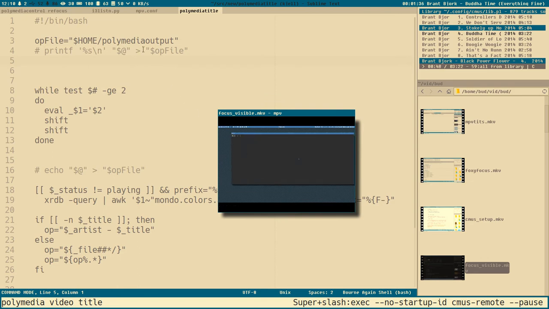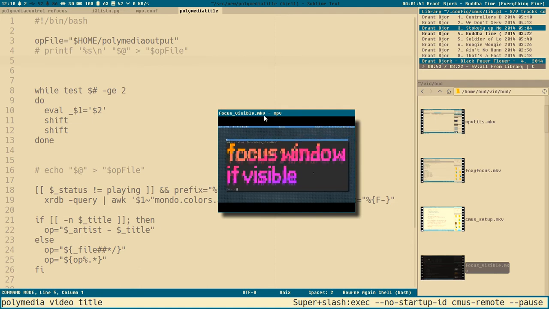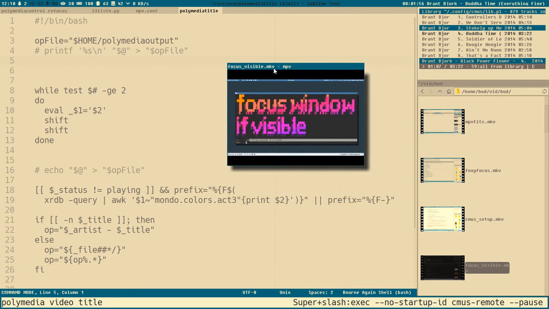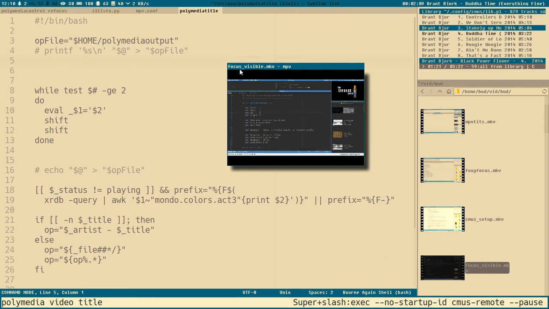Open a video, and I have added a rule in my i3 config, so the windows are floating and are displaying the original MPV title here. Normally I have a movie spawn here in the B container where I have CMUS playing. But this is just because we have to see the window title. So this is how an MPV window looks, the title at least. It says the file name, a dash, and MPV. And we will somehow use this title, send that to our polymedia title script, which is the same script that